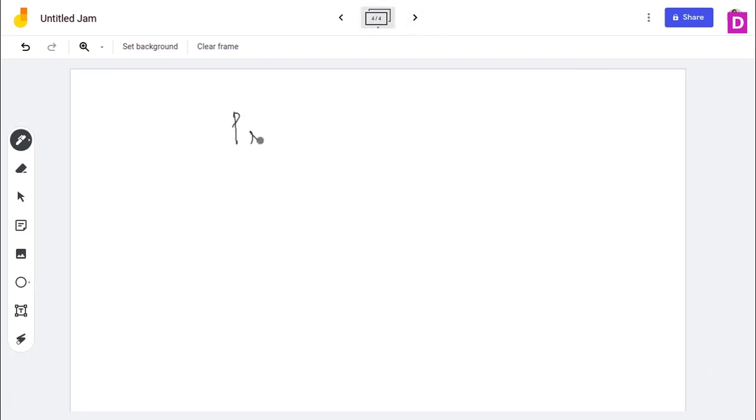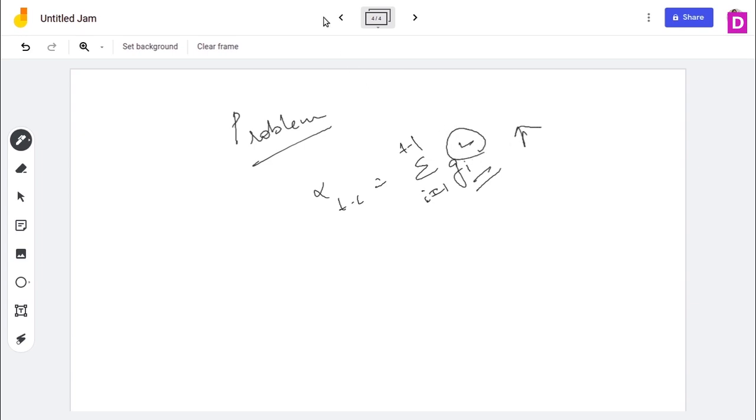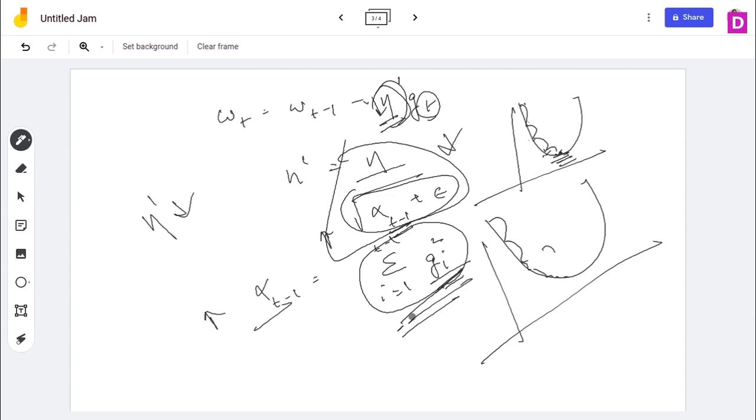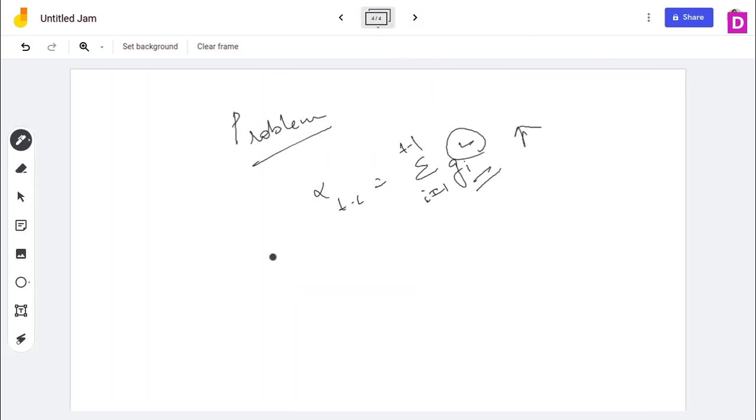So there was one problem though with Adagrad. Since alpha t minus 1 is the sum of all the gradient squares, this increases very quickly since it is a square of everything. If this increases very quickly, eta dash will decrease very quickly and very fast. So let us say this was our equation. If this increases very quickly, eta dash will decrease very quickly.